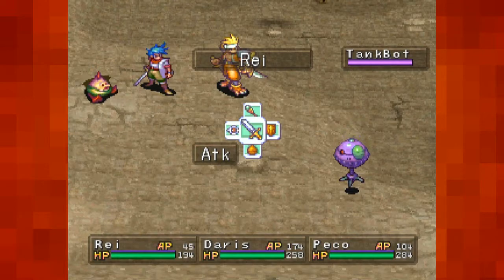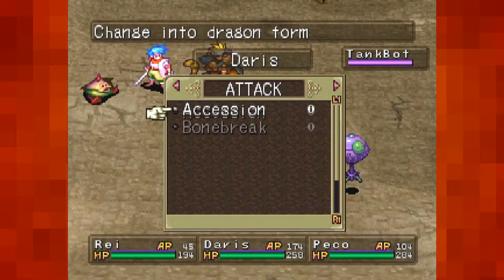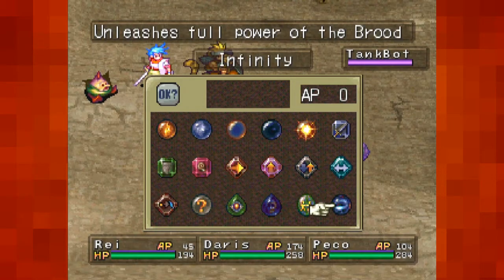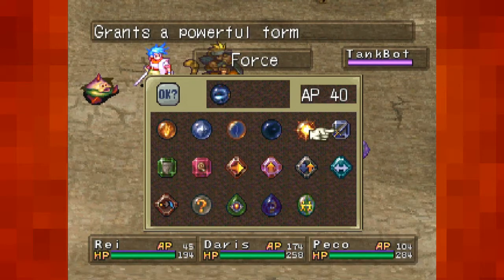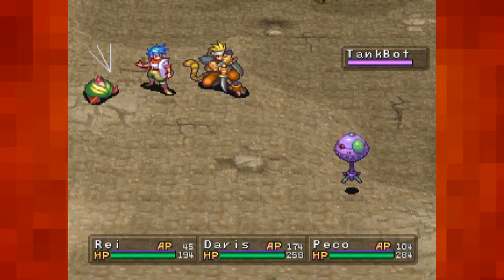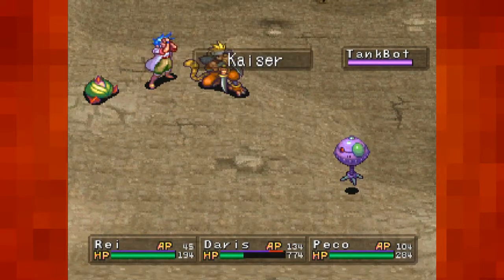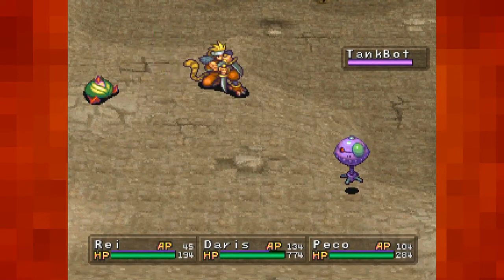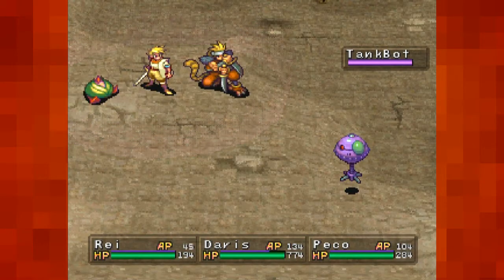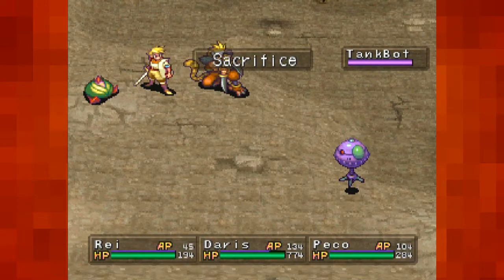The final 3 forms are based entirely around the final gene that you can pick up in the game, the Infinity gene. Now this is the gene, the one that you've been wanting all game, and it's 40 AP just to use the one piece of it. However, if you use just the singular piece, you have yourself a super powerful dragon form that, yes, does look like just a Super Saiyan form of the main protagonist,